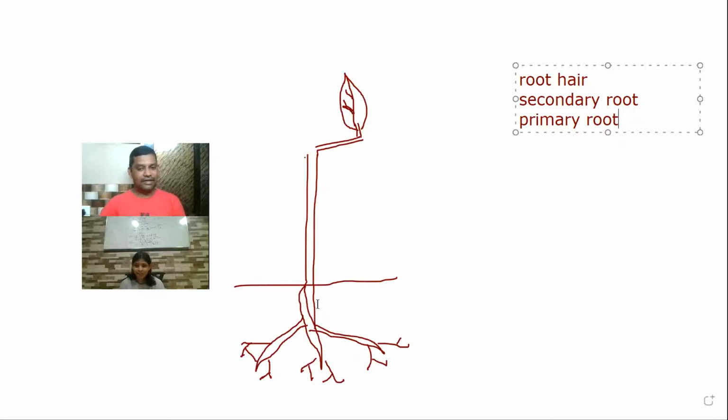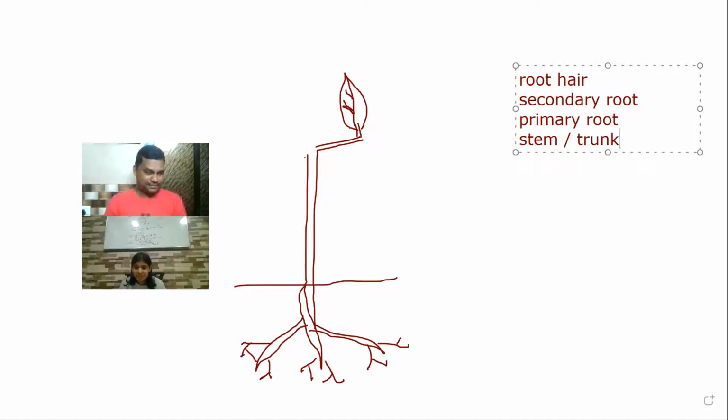The main root internally continues upwards to form the stem. If it is a tree, then you can call it a trunk. So see, from the root hair, when it goes to the secondary root,